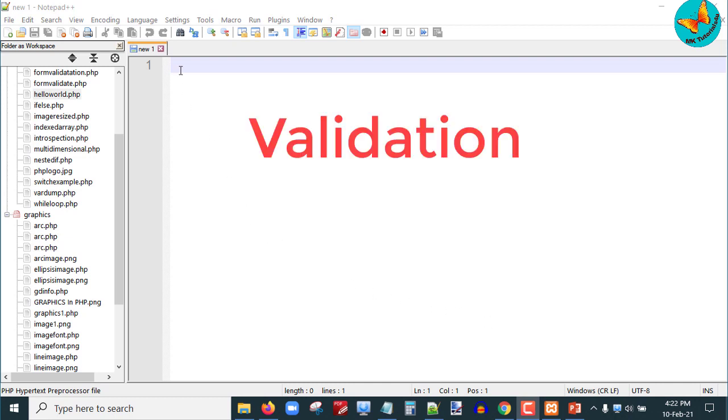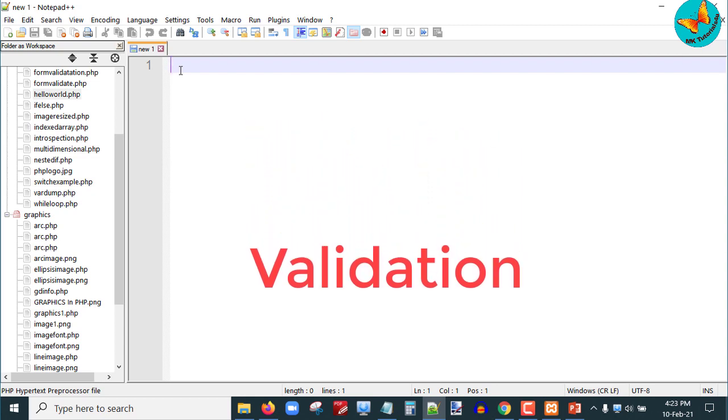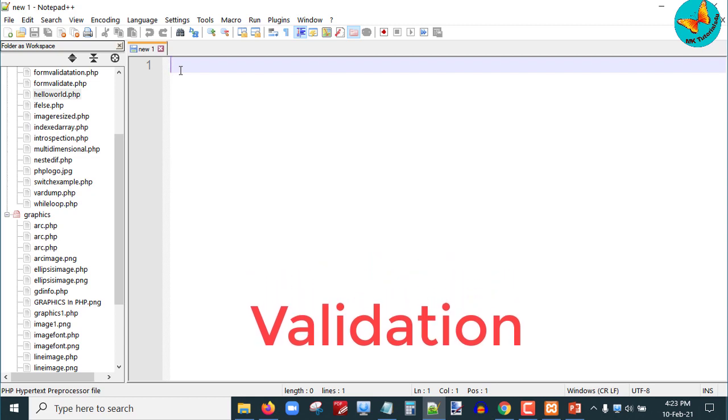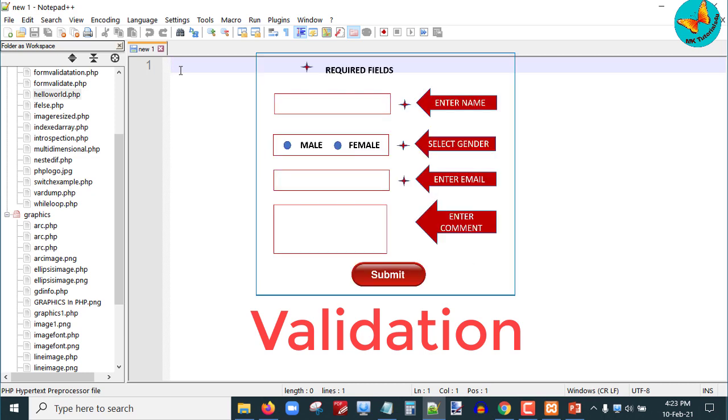Now basically an HTML form is used to collect the user input, but there should be some mechanism to check whether the input data given by the user is correct or not. So this leads us to validation. Often, whatever data has been input by the user is sent to the server for processing. So, validation means checking this input submitted by the user, and if the user has not submitted correct data, then some sort of error message should be displayed to the user.